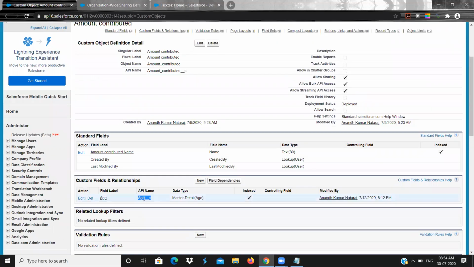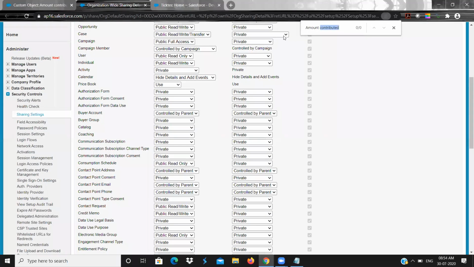Whatever permission, whatever access you give, will be automatically available for the child records as well. That is one important thing you should know in master detail relationship, that child records are completely dependent on the parent record. That's why we could not see this object itself.